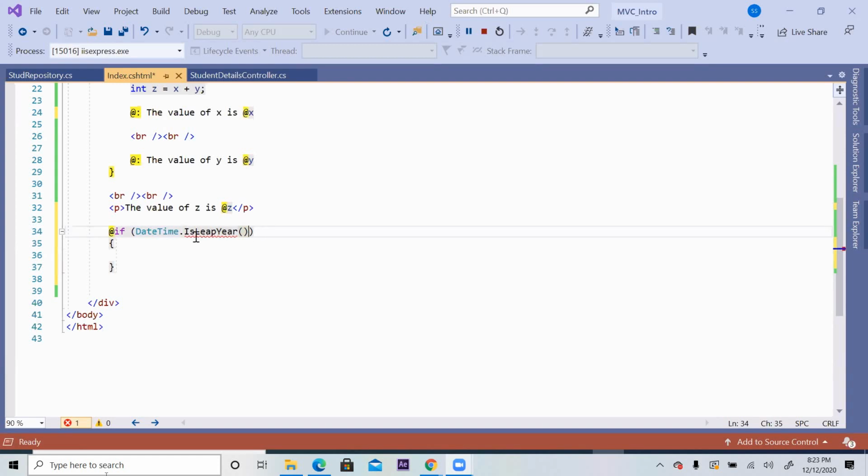This is a function: DateTime.IsLeapYear(DateTime.Now.Year). I'm just checking whether the current year is a leap year or not using an inbuilt function. Just anything, don't focus on this, it can be x greater than y also.